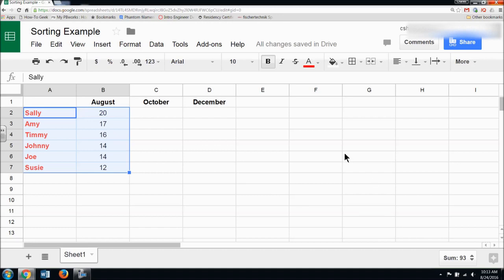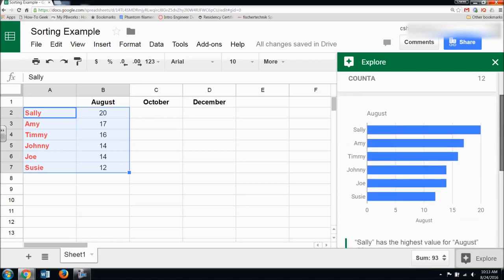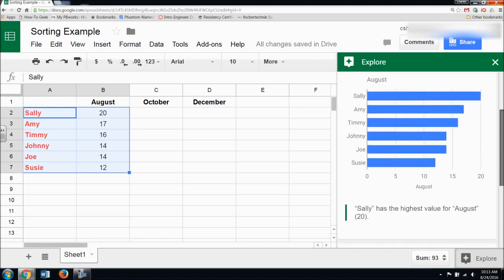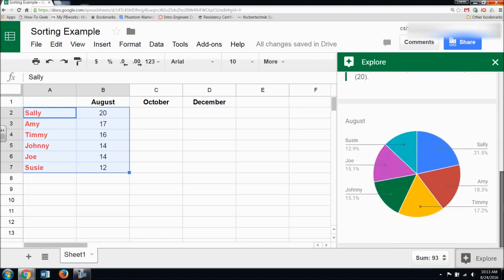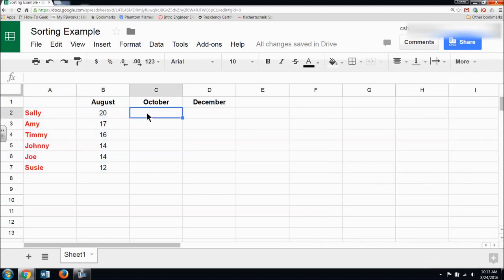Another nice feature of Google Sheets is the recommendation down here. If I hit Explore, just by clicking that button, it will tell me the sum, the average of the scores, the minimum score, the maximum score, how many scores there are, and it will give me just a brief snapshot of the data. So for one month, that may not be super useful, but if I go to two months, and if I just enter some scores here,